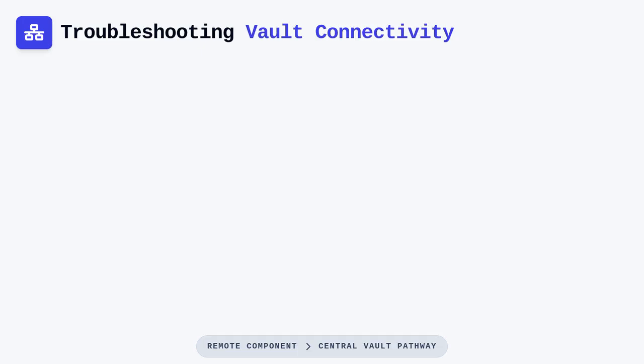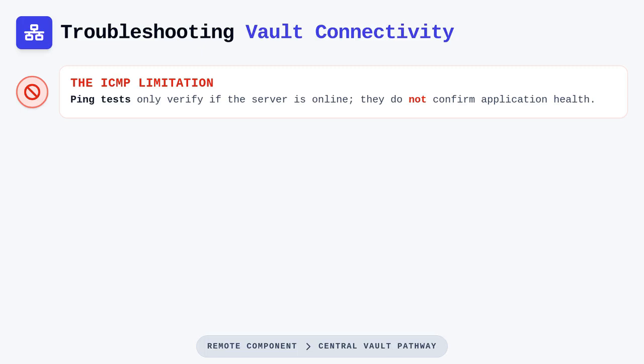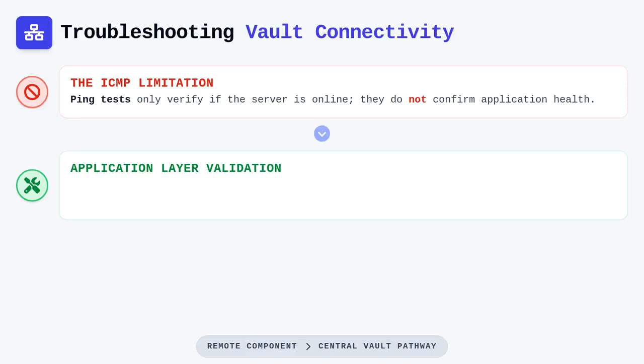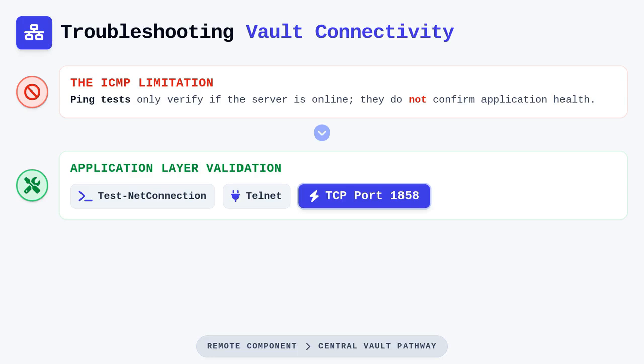When troubleshooting connectivity between a remote component, such as a credential provider or a session manager, and the central vault, the first step is often to move beyond simple ping tests. While ICMP replies might verify that the server is online, it tells us nothing about the health of the specific application layer traffic that CyberArk relies upon. We should prioritize using utilities like PowerShell's Test-NetConnection or traditional tools like Telnet to verify that specific ports are indeed open and listening. You must confirm that the pathway between the component and the vault is traversable for the